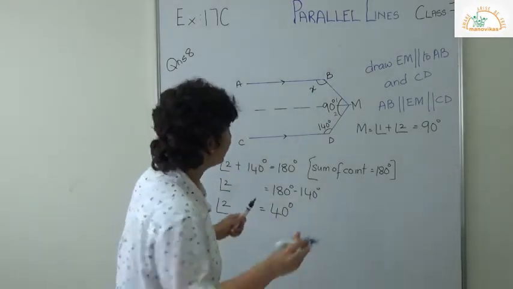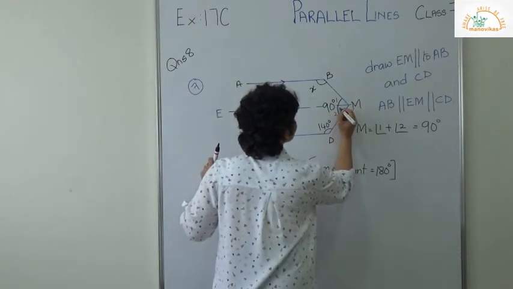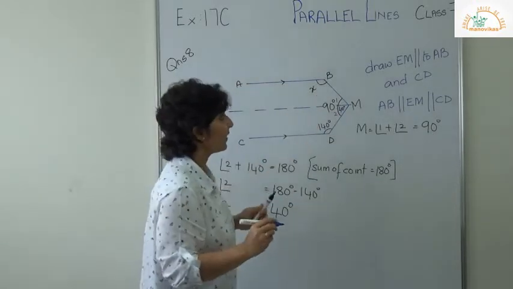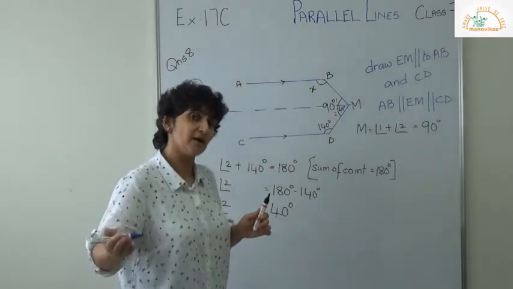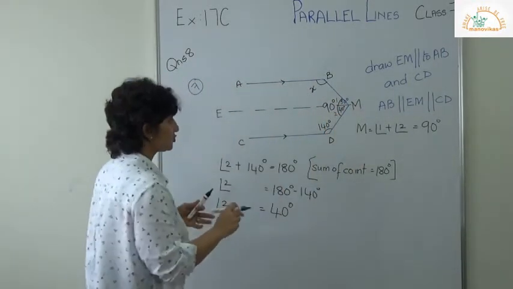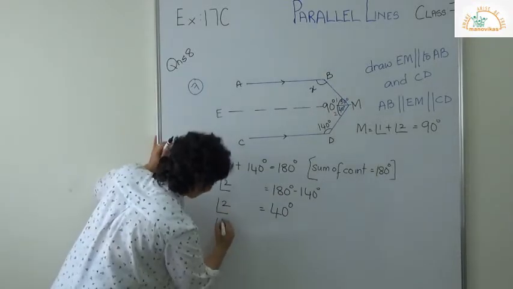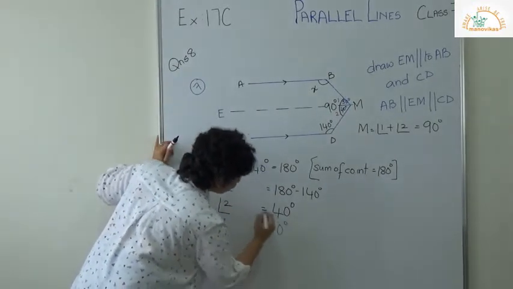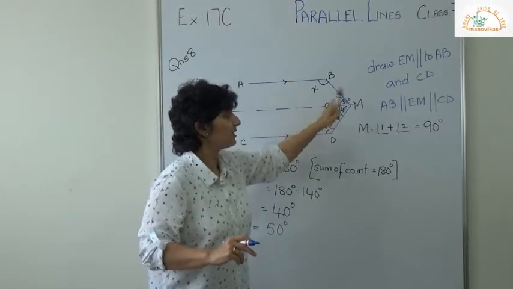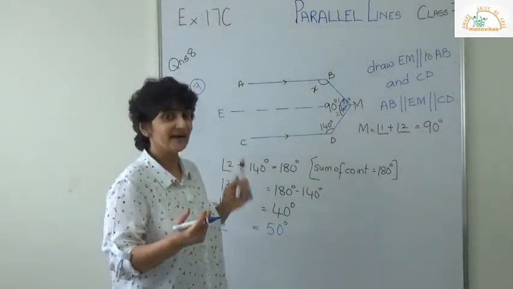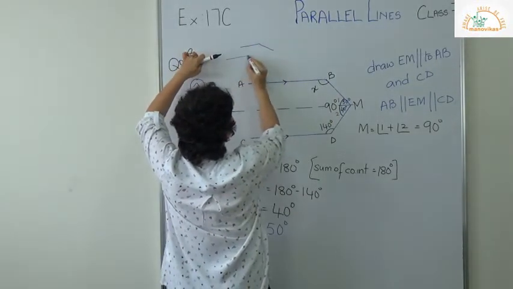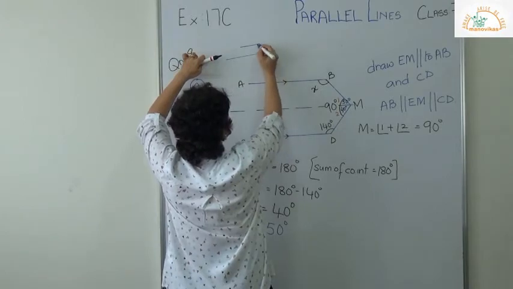So children, here if you see, in this 90 you found this. This becomes 40 degrees. Now total is 90. That means angle 1 will be 90 minus 40, is how much? 50, right? Because 50 plus 40 gives you 90. So you know that angle 1 is 50 degrees. Now it is simple. Now that you know, let's take this. Angle x plus angle 1 is equal to 180 degrees. Again, what shape do you get, children? See here. This way, and this way. It gives you this box shape again.